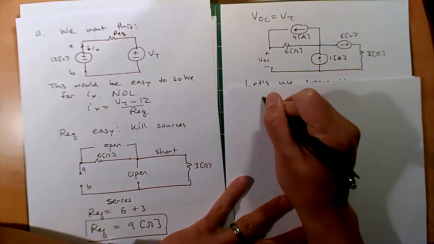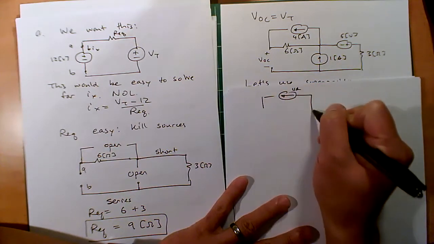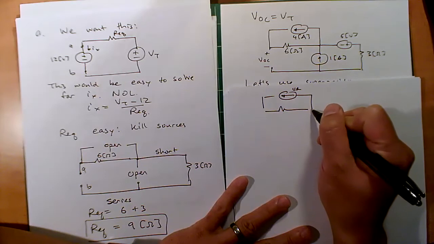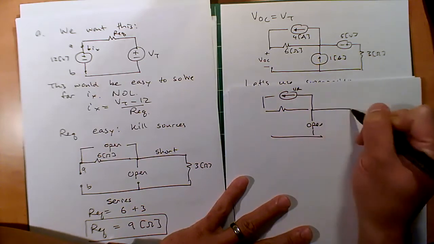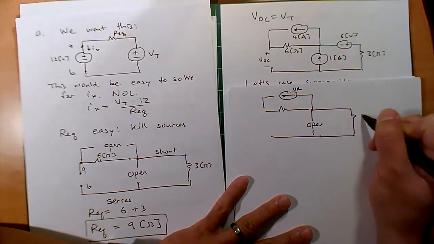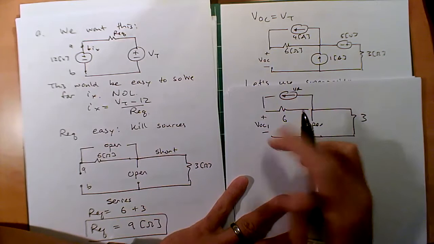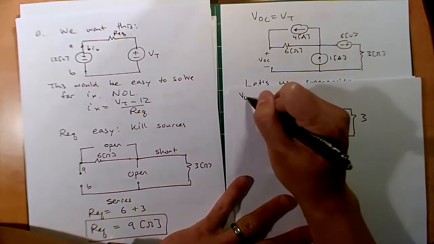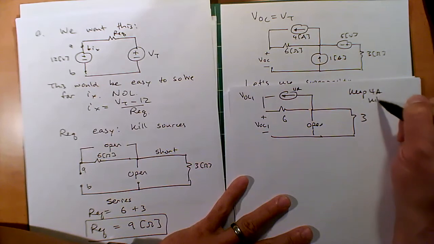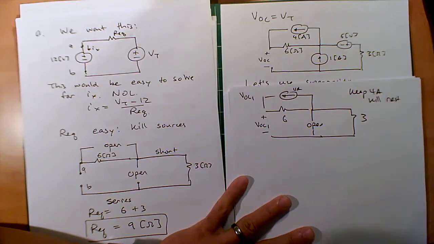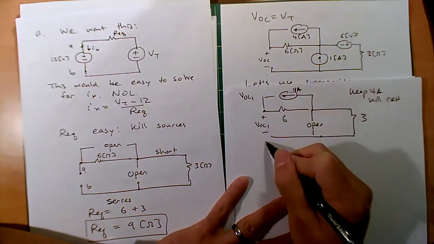So we have, let me redraw it. So we're going to keep the 4 amp. And we're going to kill this. So kill, this is open. And short this, good. So this is the 3, this is the 6, and we're going to call this VOC1 because this is the first one. Okay, so VOC1, we're going to keep the 4 amp and kill the rest. Okay, so we have the 4 amp here, and we want this voltage